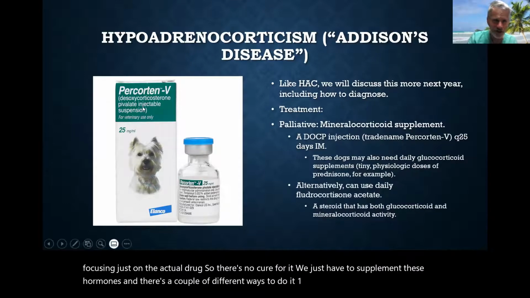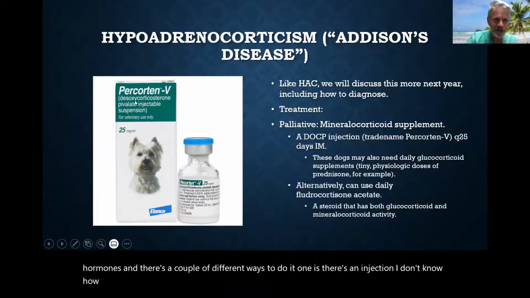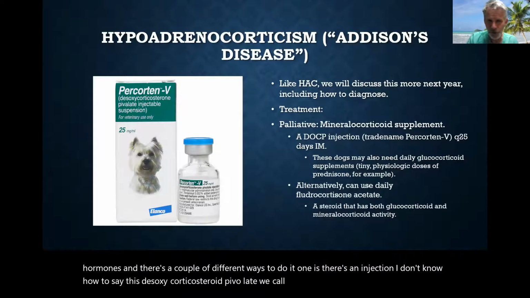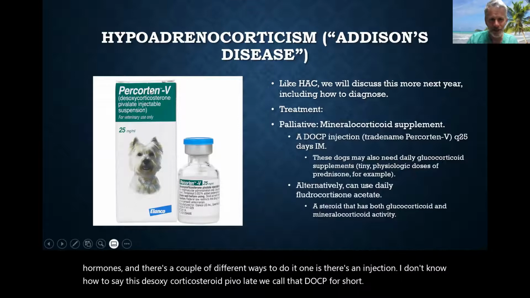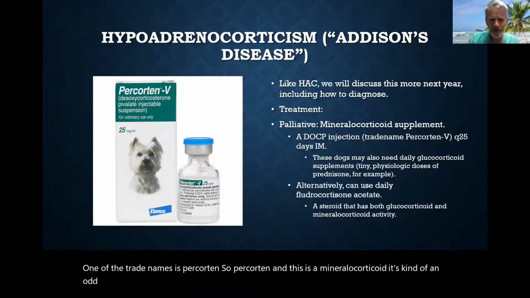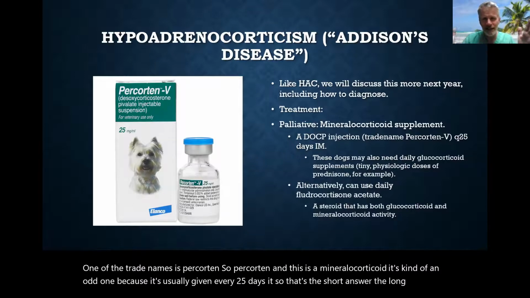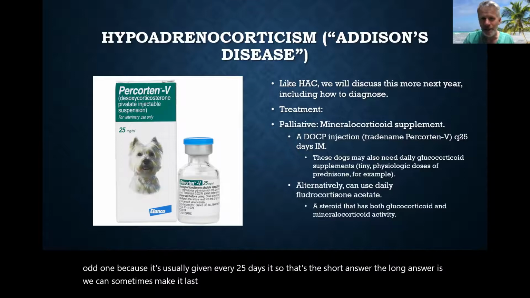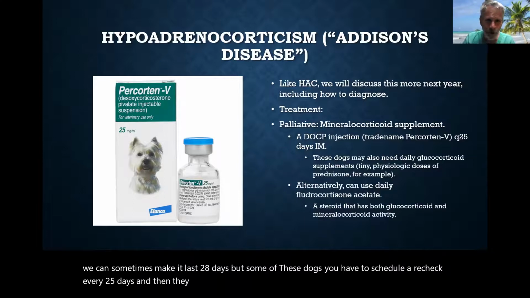One is an injection, and I don't know how to say this, desoxycorticosterone pivalate. We call that DOCP for short. One of the trade names is Percorten. This is a mineralocorticoid. It's kind of an odd one because it's usually given every 25 days. That's the short answer. The long answer is we can sometimes make it last 28 days, but for some of these dogs, you have to schedule a recheck every 25 days, and then they get their Percorten injection. And then that supplies the